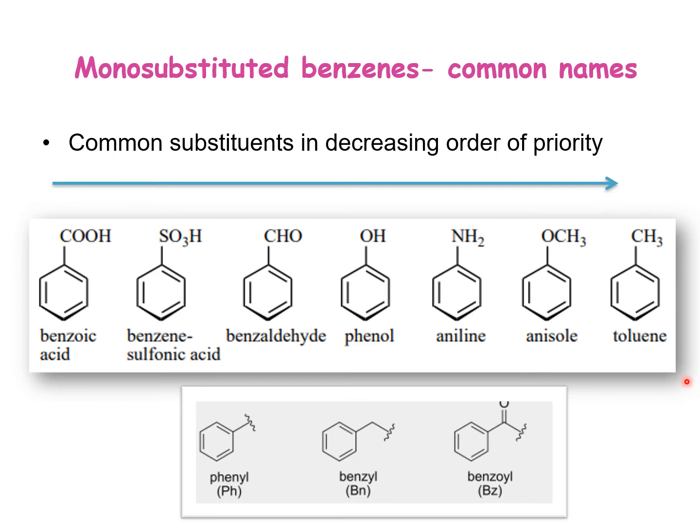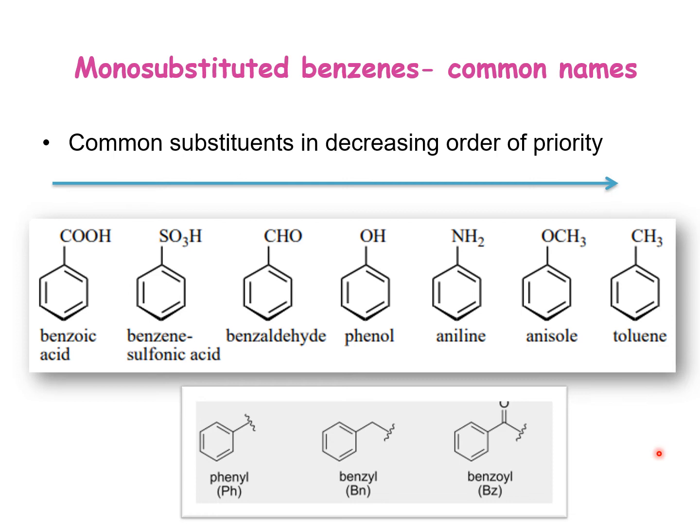substituents. It is a common practice. If the priorities are not known, then we can also arrange them alphabetically. In that case, amino will get priority over hydroxy because A comes first and then there is H. So alphabetically also they can be arranged. Otherwise, these are the priority sequence.